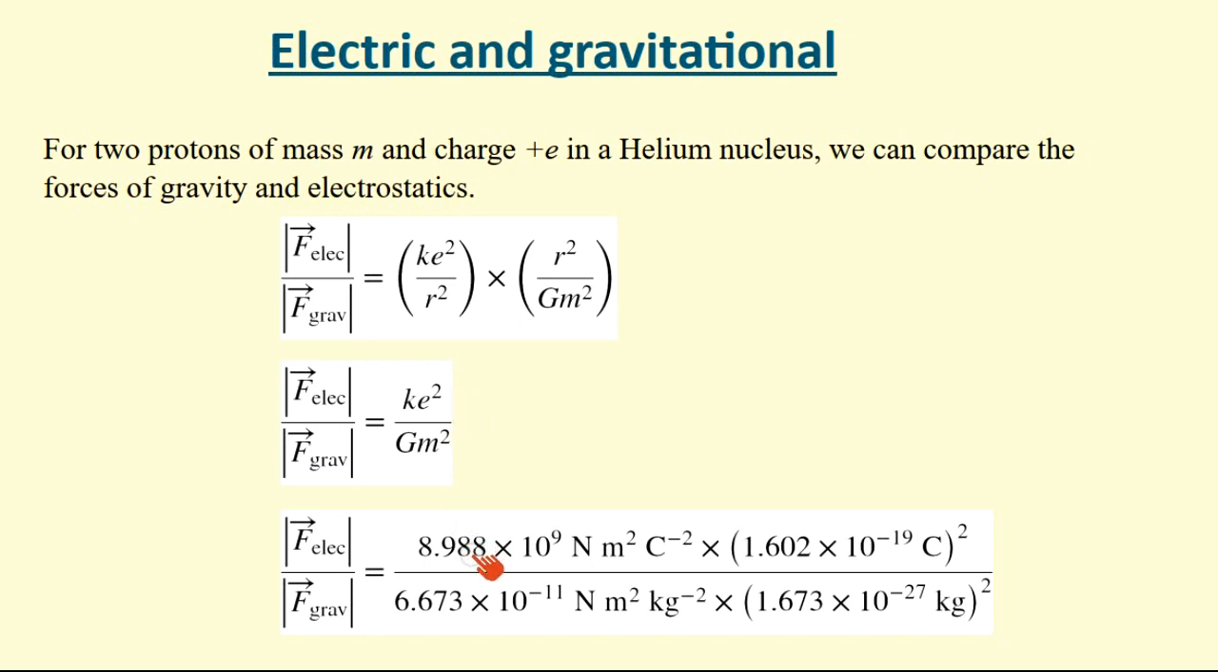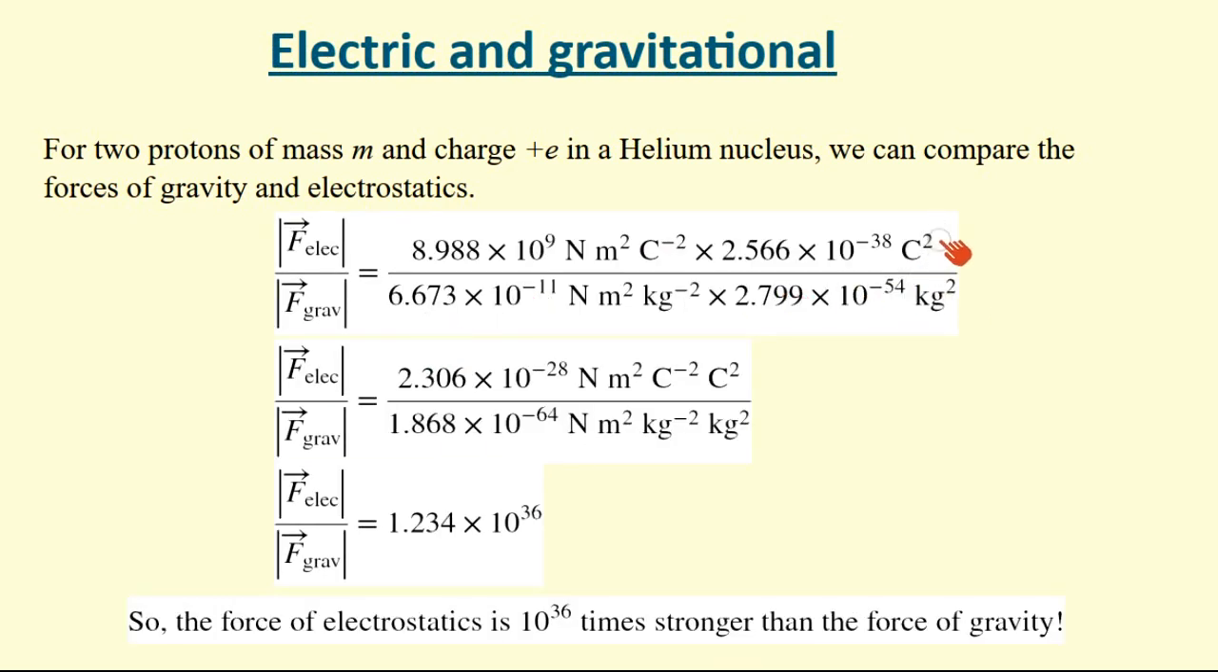So you put in k, again with the units, 8.988 times 10 to the 9 newton meter squared per coulomb squared. The charge of a proton, which is 1.602 times 10 to the minus 19, that is squared. G, which is 6.673 times 10 to the minus 11 newton meter squared per kilogram squared, and the mass, which is 1.673 times 10 to the minus 27 kilogram, squared. Square these two identities first, leave the k and the G value alone, one step at a time in your calculations, which makes it so much easier to see if you make a mistake, and you can double check your powers